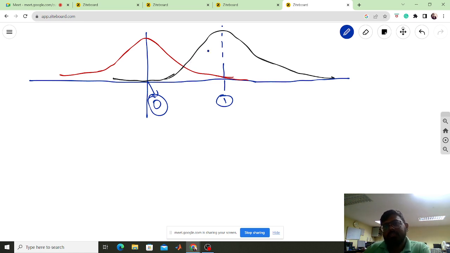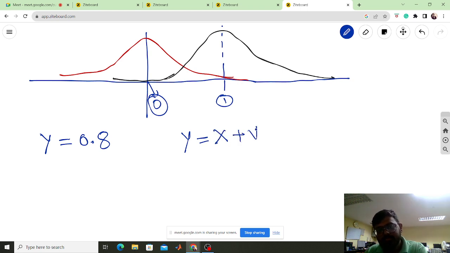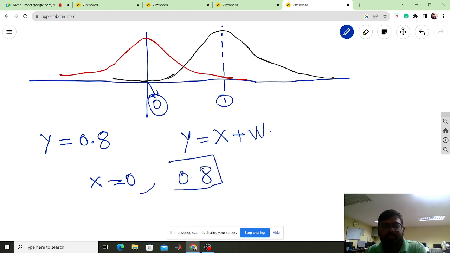So suppose we receive a signal Y at 0.8. There could be two possibilities, like y is equal to x plus w. Now suppose x equal to 0 but the noise is 0.8. In that case y will be 0.8,